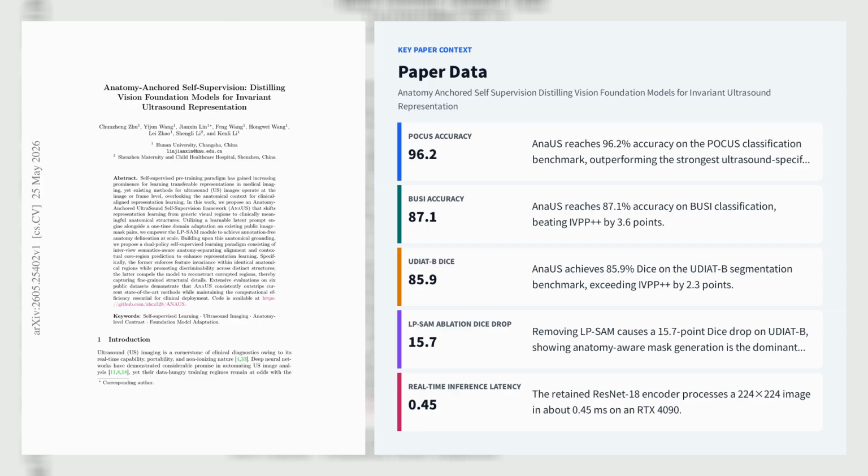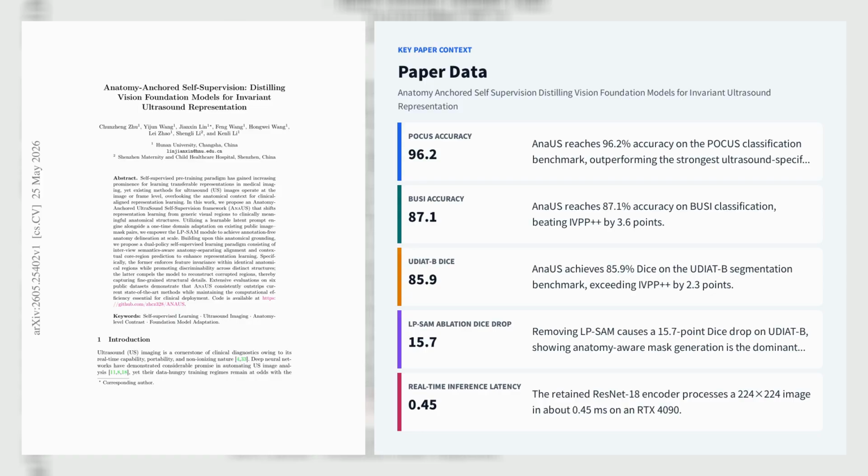Ablations show that removing LP-SAM drops UDAIP-B DICE by 15.7 points, making anatomy-aware mask generation the dominant factor behind the gain. The retained ResNet-18 encoder remains real-time, processing a 224 x 224 image in about 0.45 milliseconds on an